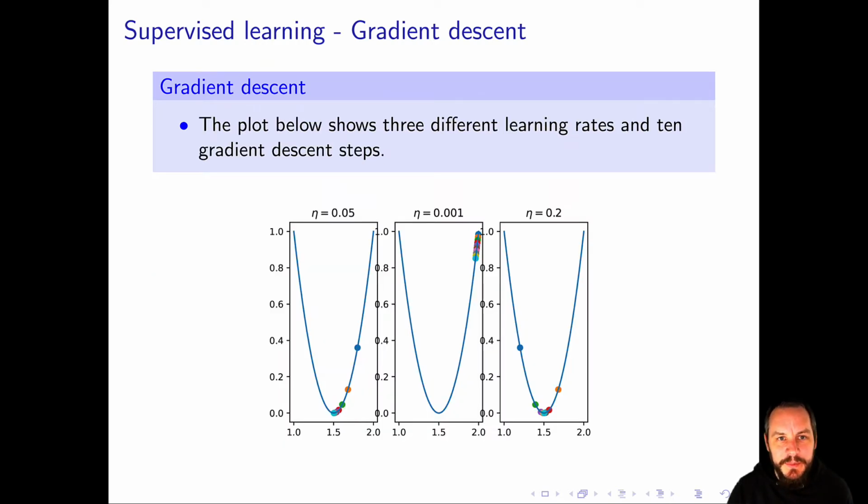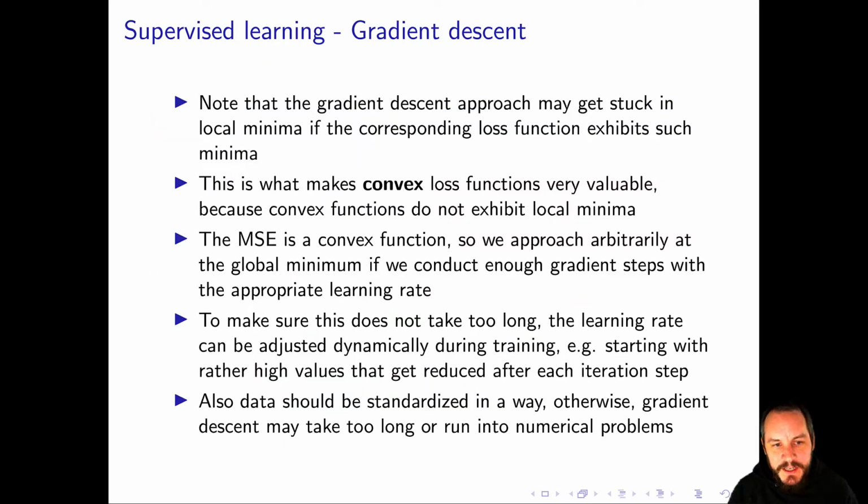And then we skip the explanations here of the gradient descent method. Just also here one last note, the mean squared error that we use for regression models is a convex function. Make sure you know what a convex function is. If you are aware of it, then it will make sense to you, hopefully, that using a convex function, even if you would use a numerical optimization method like gradient descent, kind of is an assurance that we will reach at least the approximate optimal solution of the minimization problem,